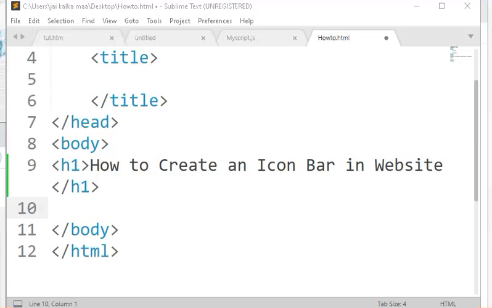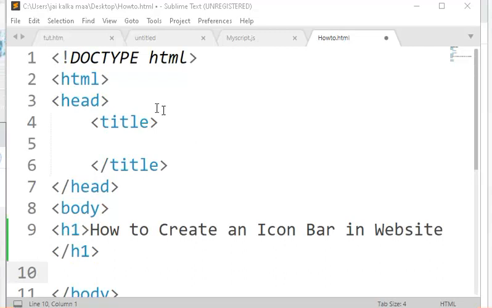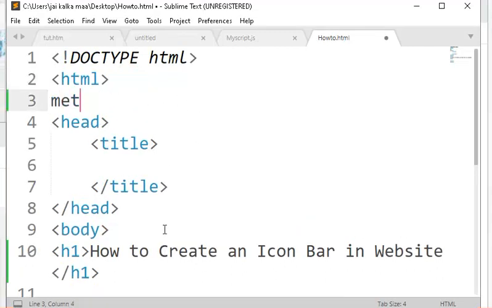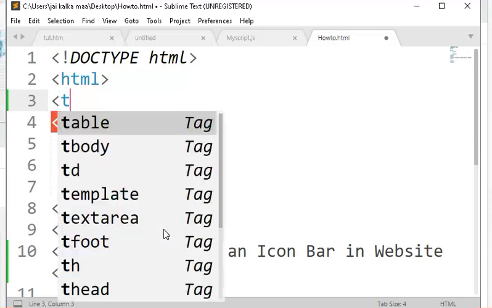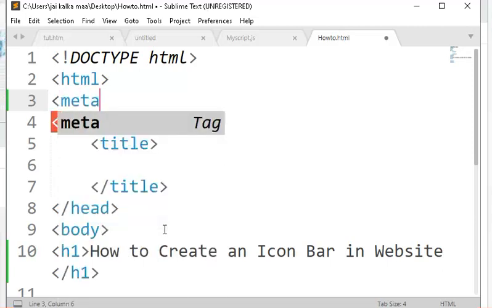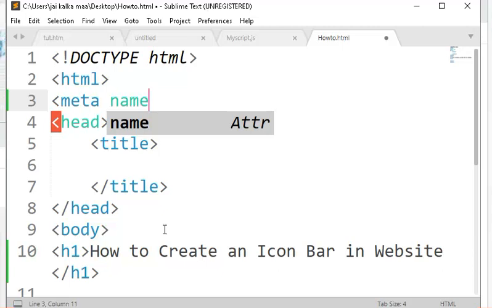First of all, we'll start our HTML code with the meta tag. The meta tag is used to automatically set the website width. To do that, first write name, and in the attribute value you have to write viewport.